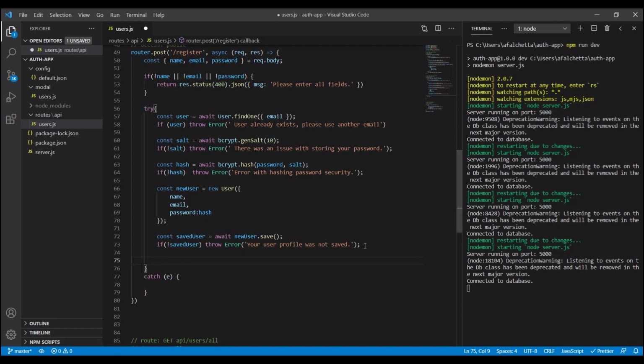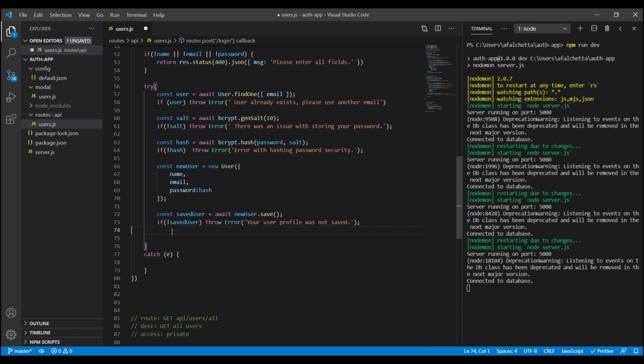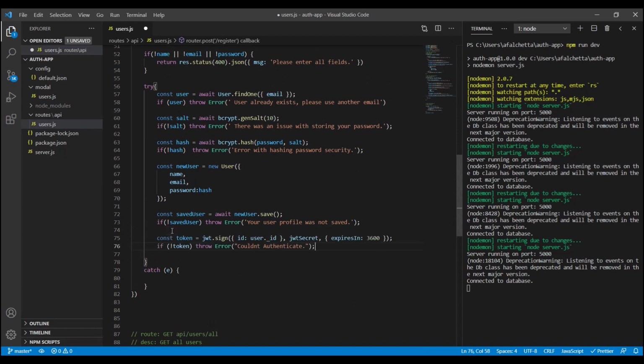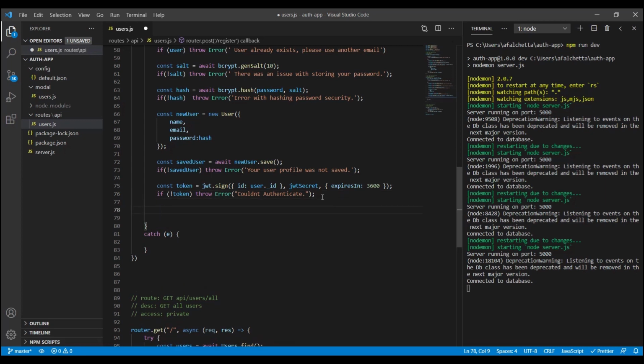So let's create that token again. Actually, it's going to be the same as this, so let's just grab this. Yeah, JWT sign by the ID or JWT secret, expires in 3600 milliseconds. Okay, we're good. So now, after that's all done, we're going to give it a res.status of